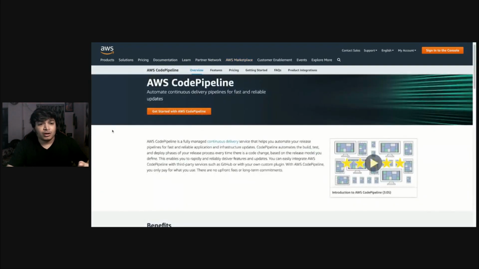So, what is AWS Code Pipeline? AWS Code Pipeline is a fully managed continuous delivery service. Mark the point. Continuous delivery service that helps you automate your release pipeline for fast and reliable application and infrastructure updates. So think about your code updates that you push on changes and that automatically deploy to staging server or